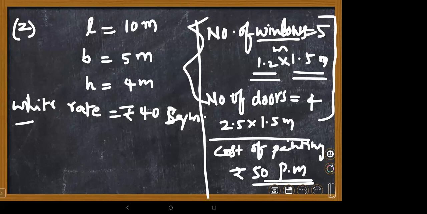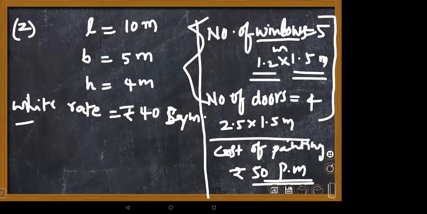Then what is the total amount spent on whitewashing? Ma'am, it is 3840 plus 1200. It's 5040 rupees, ma'am. No, 3,840 plus 1200, ma'am. But then 5000. Total cost, ma'am, it is 5040.